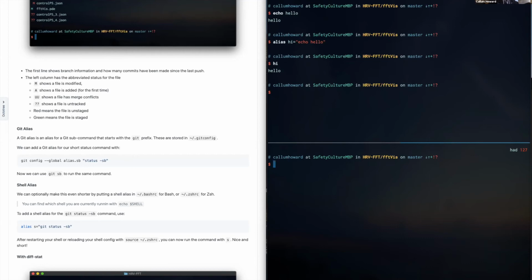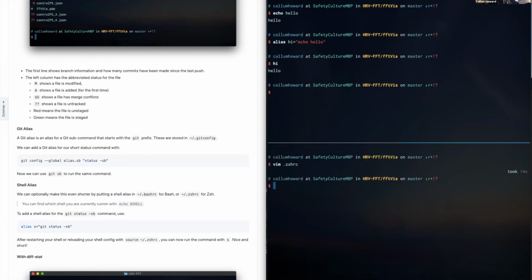The way that you can tell is if you go echo $SHELL, capital letters, it will tell you which one you're using. And currently I'm using zsh. So I would do vim zshrc, and then I could add, it has to be in your home folder, by the way, alias hi equals,